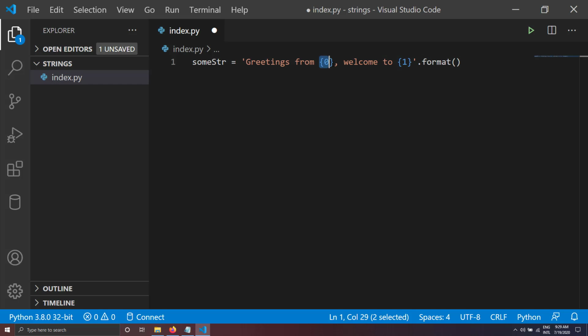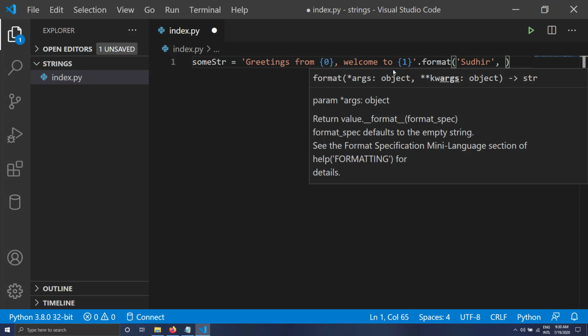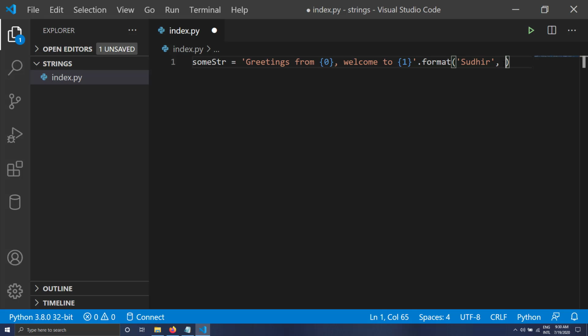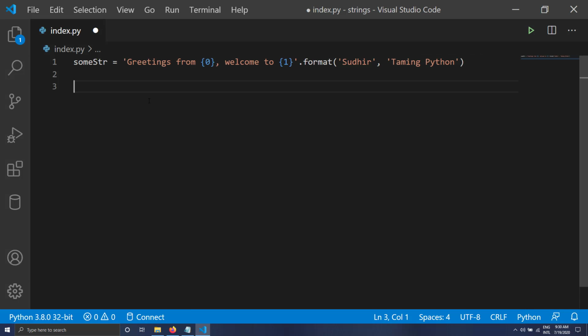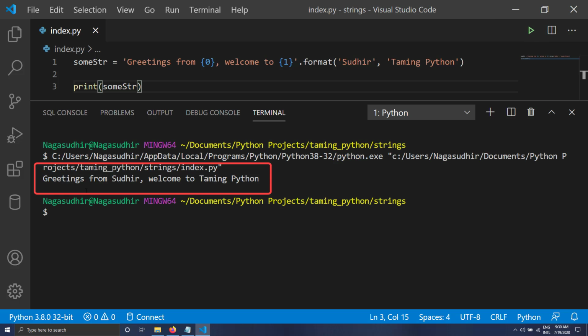It's for substitution of the 0. I will write this one, and for substitution of 1 I'll write this. Now I'll just print it to show you how it comes out. Now I'll save it and I'll run it. You can see you got greetings from Sudhir, welcome to Taming Python.